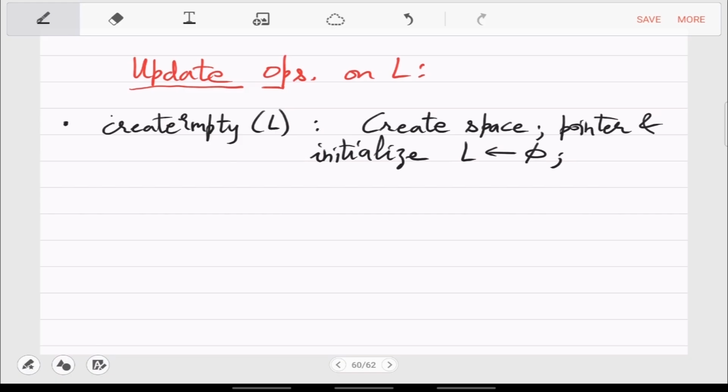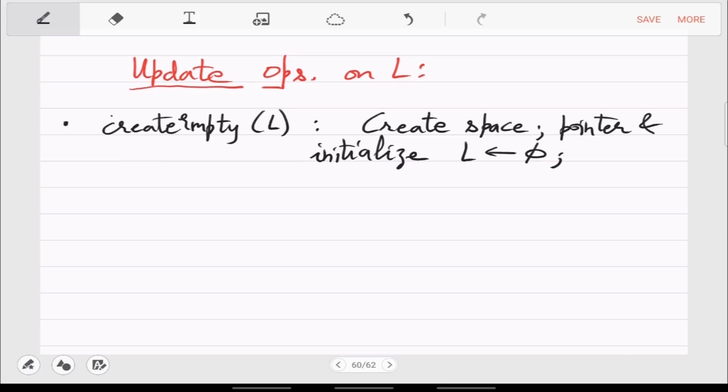You have to tell the computer that a list is coming, so you make space for it. Right? So right now it has nothing, but still the computer has done something. Even for an empty list, the computer has to allocate something, which is a pointer to this object L. So the pointer is pointing to emptiness, but still the pointer exists.